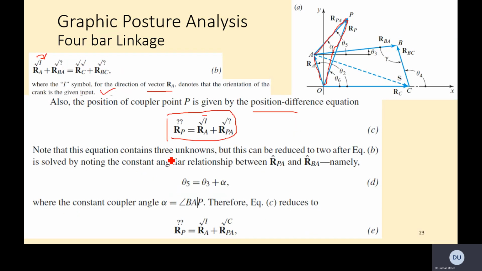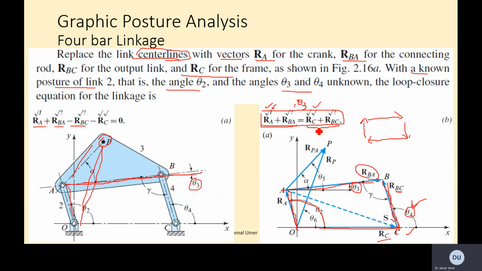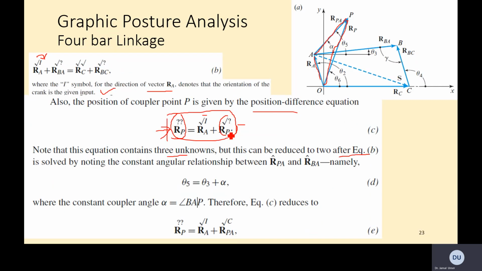Note that this equation contains 3 unknowns. So RP, both unknowns. RPA, one unknown. So within this equation we got 3 unknowns, but this can be reduced to 2 after equation B. So using this equation B, you can replace this equation and you can plug in as 2 unknowns basically. How you do that? Solving by noting the constant angular relationship between RPA,